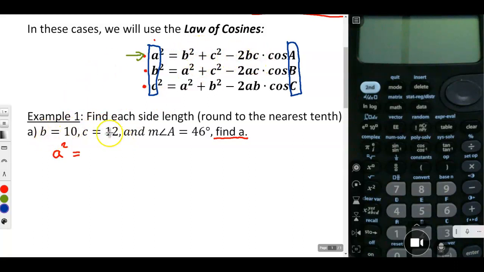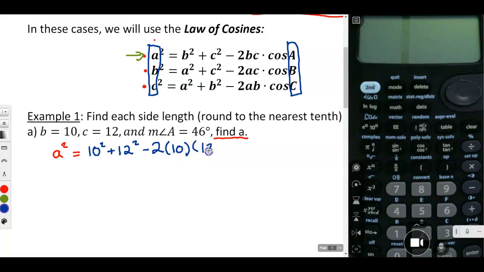So it doesn't really matter which one we call A, B or C, just so you know. But we'll keep it uniform here. So I got A squared equals B squared plus C squared minus 2, which is 10 and 12